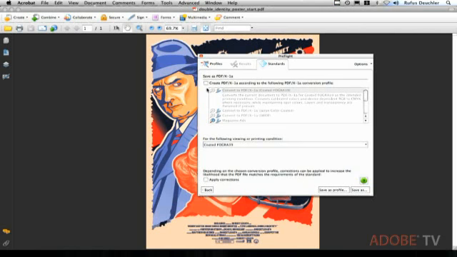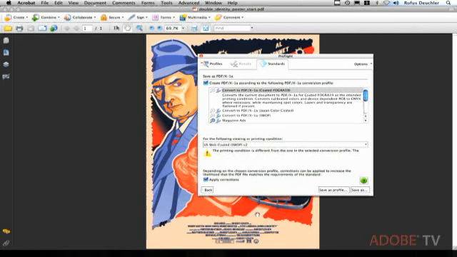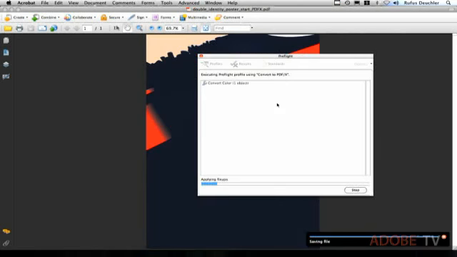And here I have a conversion profile, and let's use that profile. This is the output that I want to use. Or, since we're in the US, what I can do is US Web Coated SWOP. And it's going to change it to that. And what I'm going to say is simply Save As, PDF/X, and save. And this is going to go through the whole document and apply fix-ups